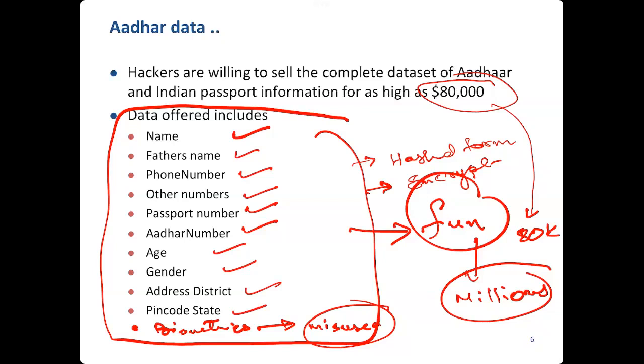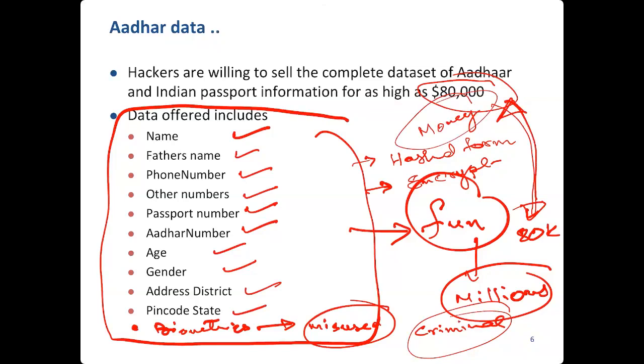So that is what you said, criminal activity, right? But you know there is money involved, right? And the majority of thefts or cyber crime happens because of money. Money is a big attraction for criminals, right? Some people do it for fun, but mostly for money. Does it help in hacking your account?